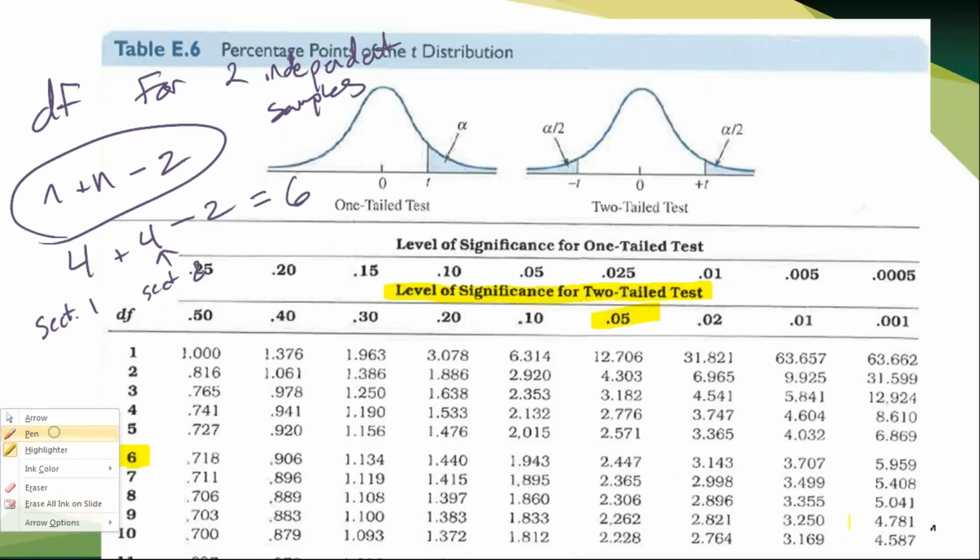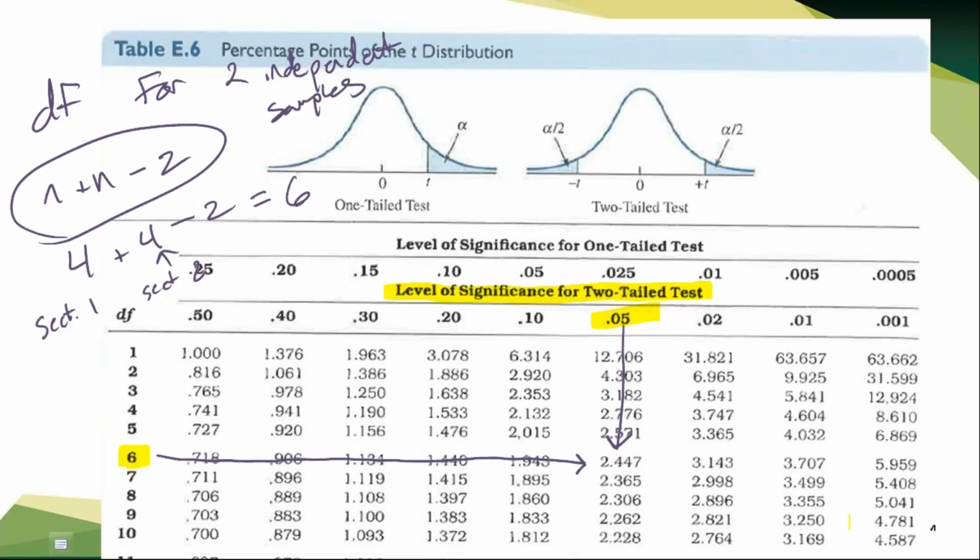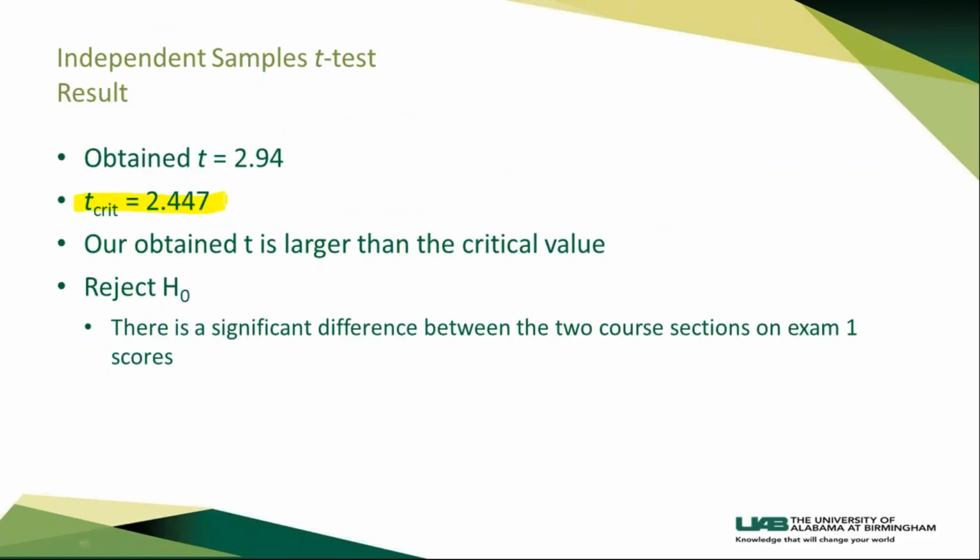So if we then need to locate where that point is, .447. So again, we are comparing our value to the critical value, and our obtained t is larger than the critical value, so we reject the null hypothesis. So in plain language, that's saying there is a significant difference between section 1 and section 2 on exam 1 scores. And then the way we'd write that out in that general formula,